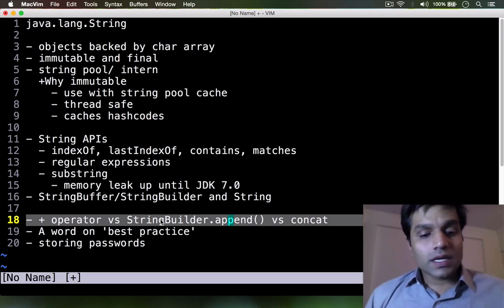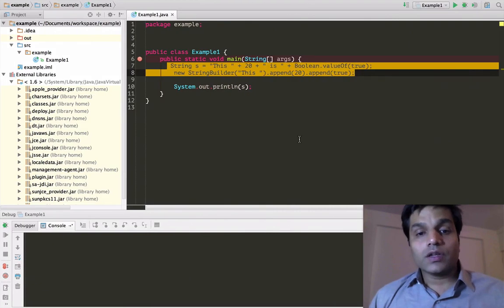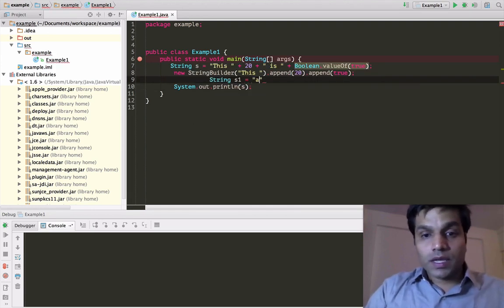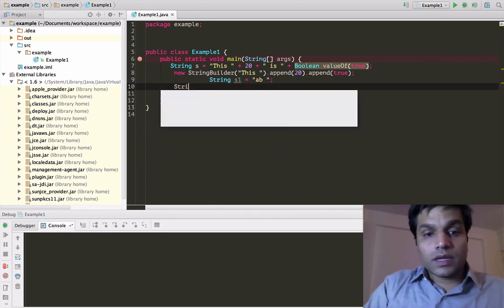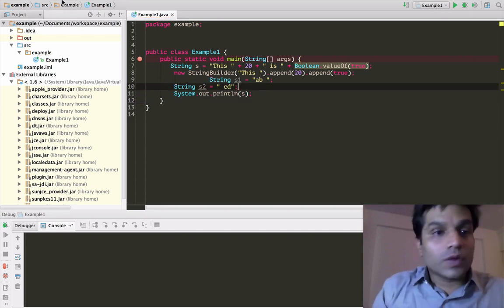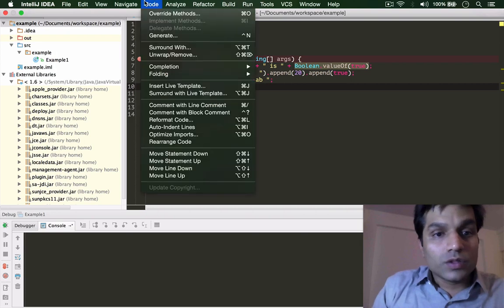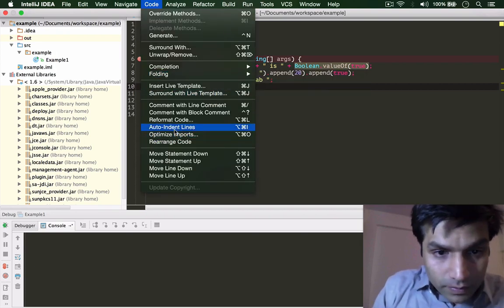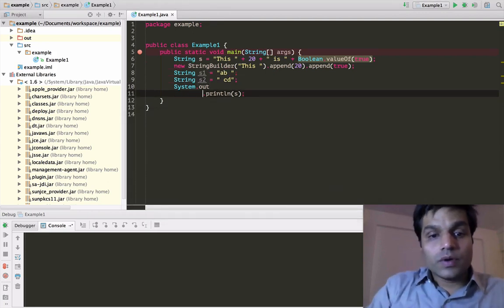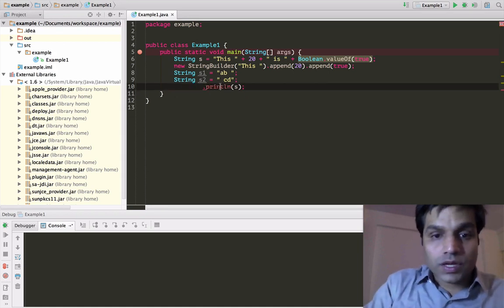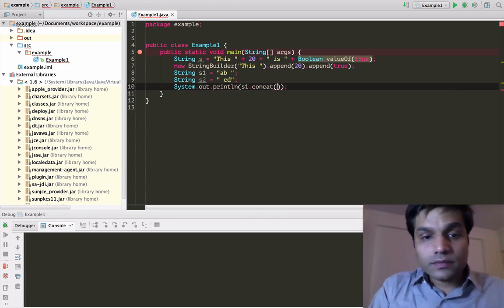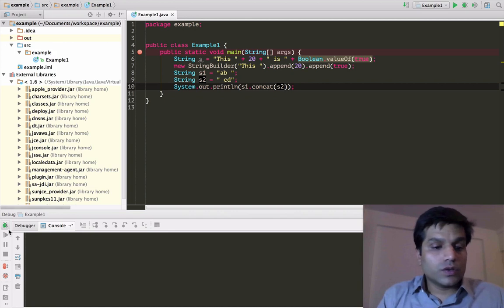Now let's look at the concat operation. String also gives you a concat operation. So let's say string s1 equals ab, and string s2 equals cd. Okay, my code formatting is looking a bit horrible here, so let's format this a little bit. Now let's use the concat operation, which is s1.concat(s2). So if I run this,